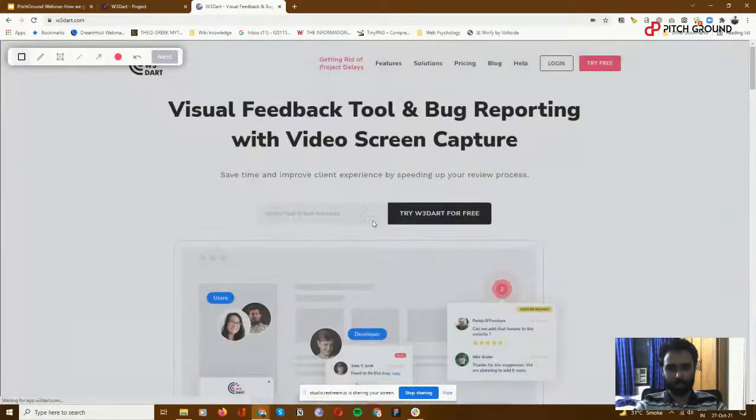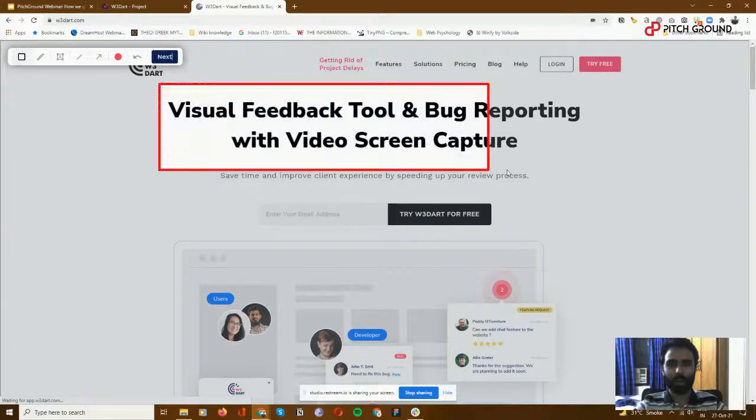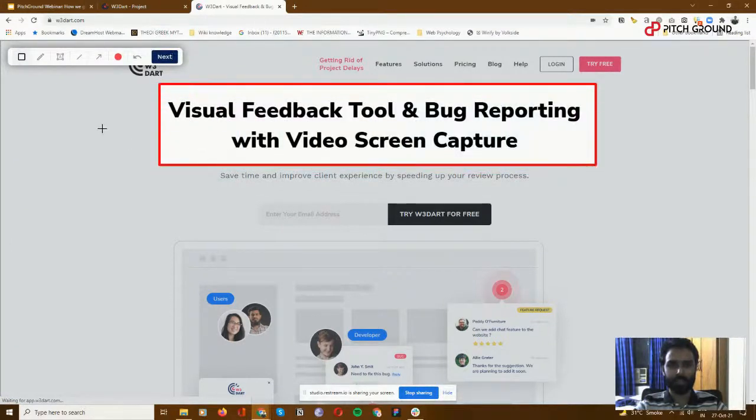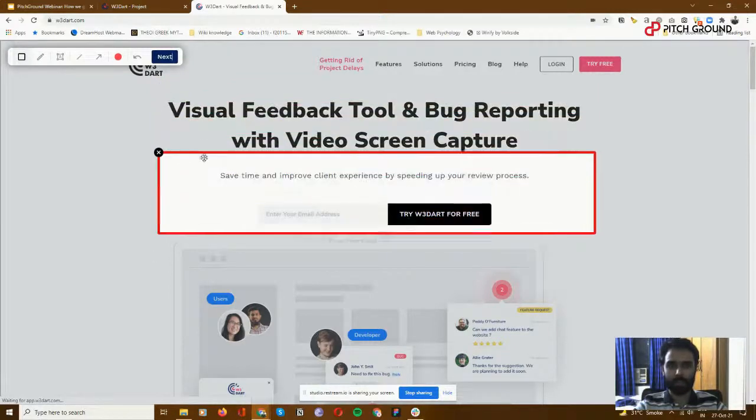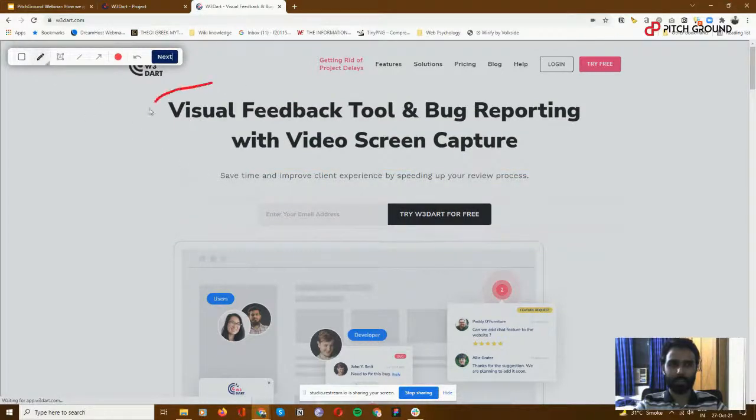Till then, I'll also show you what we have done for the traditional version of the tool. This is something that you'll find on all the competitors, but just for the clients who don't want to record their screen or capture their voice, we have this traditional option. Some of them find it useful. So you can just draw something on the screen, and you can't really scroll up or down when you're doing that, but you can take this box and place it anywhere. You can delete it. You can use the freeform tool,